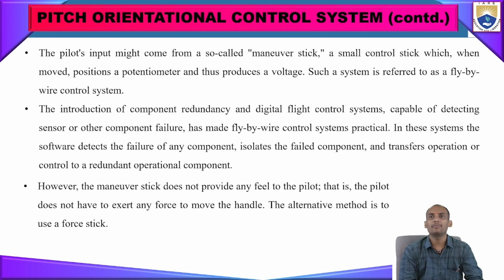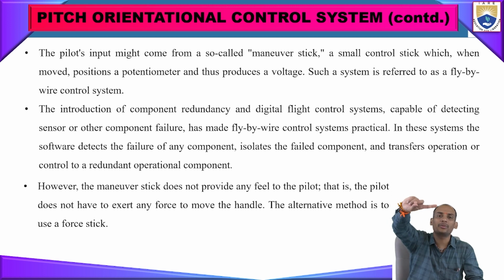So this fly-by-wire control system is a practical system. In this system, the software detects failure at any point, at any component, isolates the failed component, and transfers the operation to a redundant operational component. When a signal is given to the control system and the sensor detects an error, it will bypass that part. If the voltage is not traveling in this line, the system itself will immediately select the alternative way to pass the signal to the control system, so that the error will be rectified